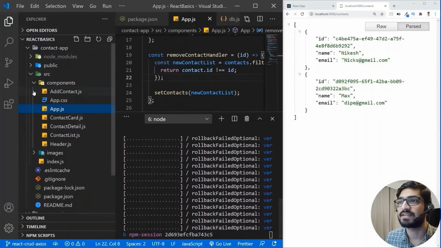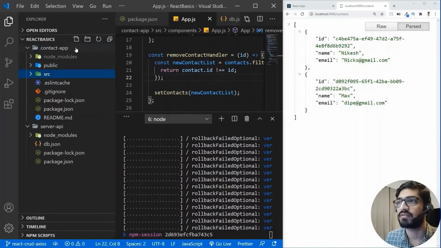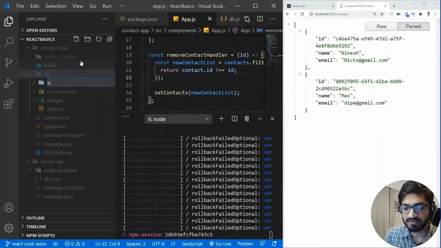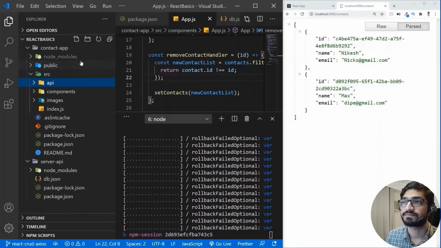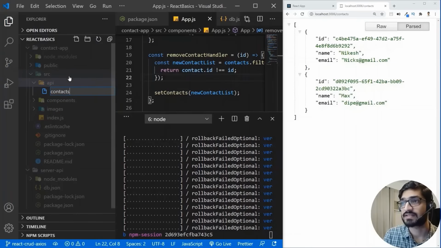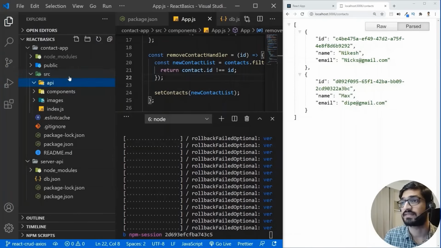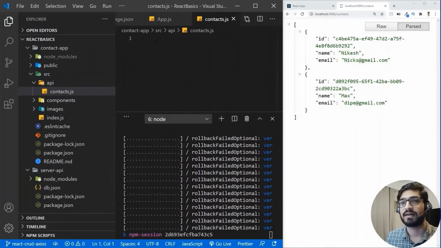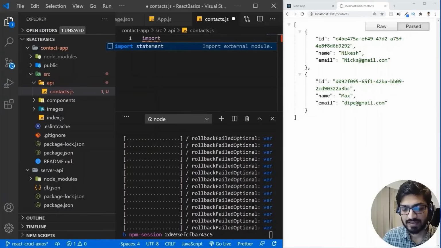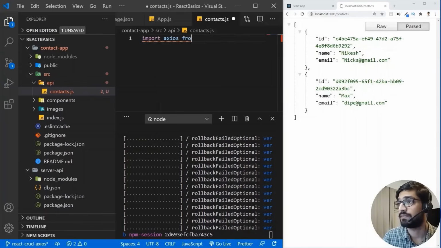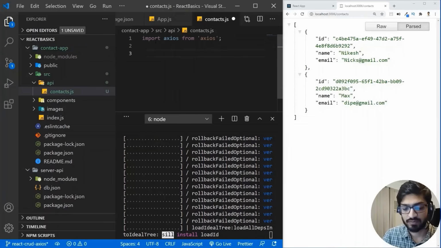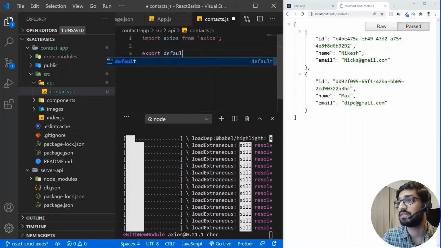This is going to install Axios, and after that we can use it. Meanwhile, while it gets installed, I'm going to create a new directory here, and I'm going to name the directory API. Inside this, I'm going to create a new file, and I'm going to name it contacts.js. This file will be our Axios base file. So I'm going to import axios from axios. All right, and here we are going to do an export default